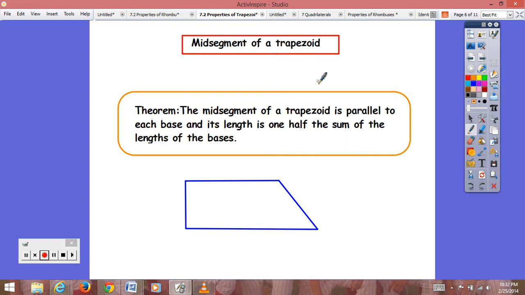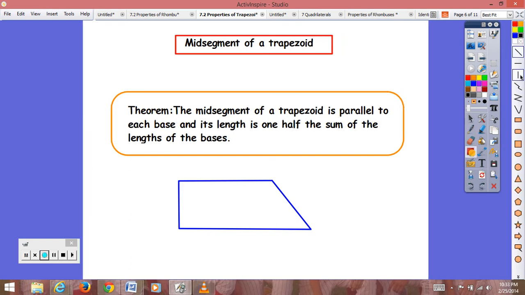Okay, the mid-segment of a trapezoid. This theorem applies to all trapezoids, not just isosceles now. The theorem states that the mid-segment of a trapezoid is parallel to each base, and its length is 1/2 the sum of the length of the bases. So the mid-segment would be something about right here,